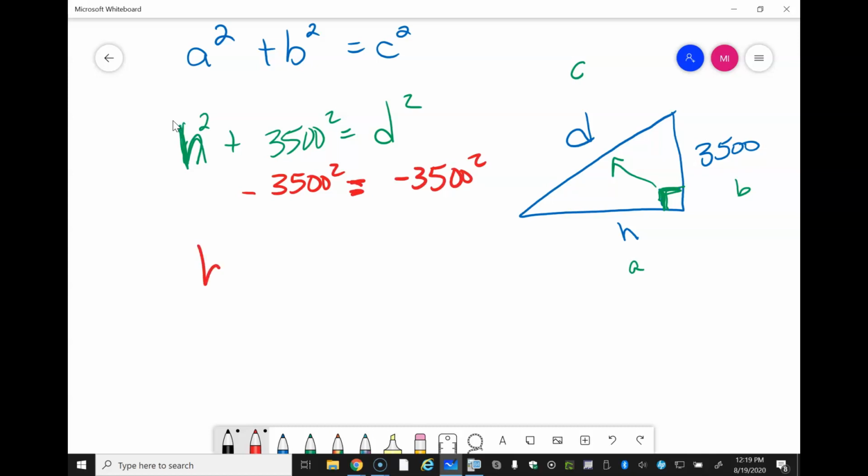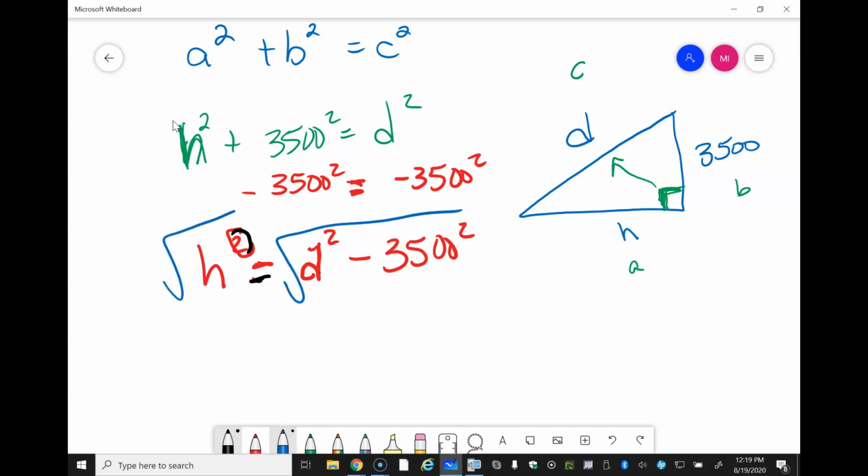We drop down the h squared is equal to d squared. So how do we get rid of a square? In order to get rid of this square here, we have to take the square root of both sides. So that eliminates the square here, and it cancels with this square root. So that just leaves us with h. And then in here we have d squared